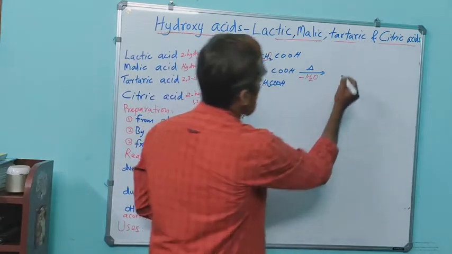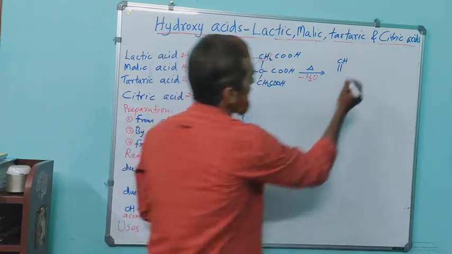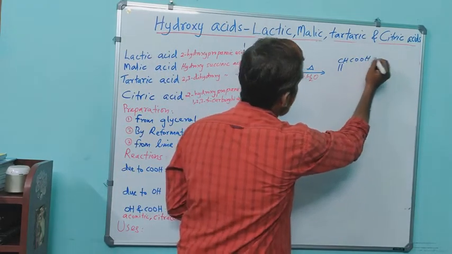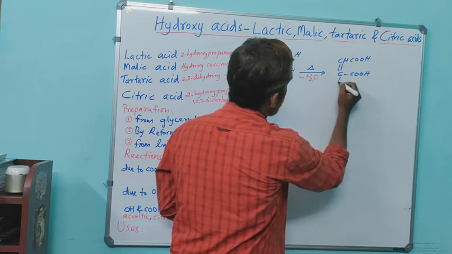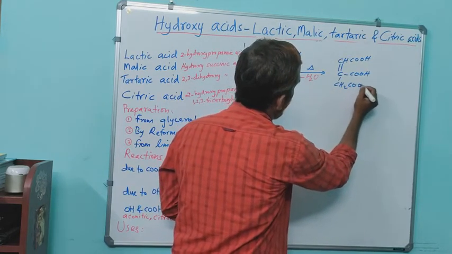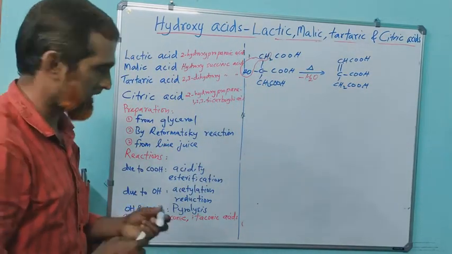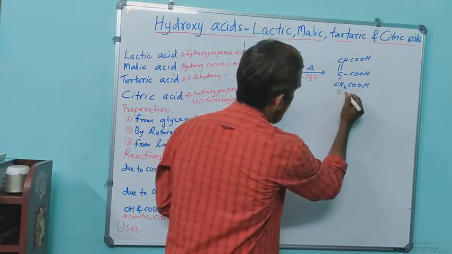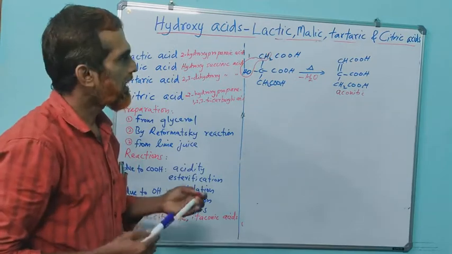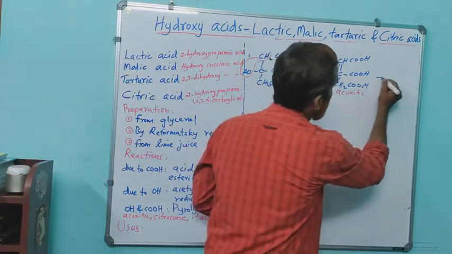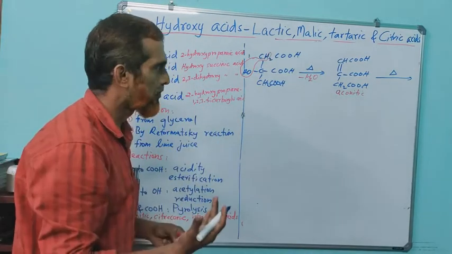What do you get now? It is now CH, it becomes an unsaturated acid. CHCOOH, double bond here, and COOH, CH2COOH. This product is called aconitic acid. Names are very special. Aconitic acid, right? Now, if you are further heating it, still high temperature, that's by pyrolysis, long heating, what happens,